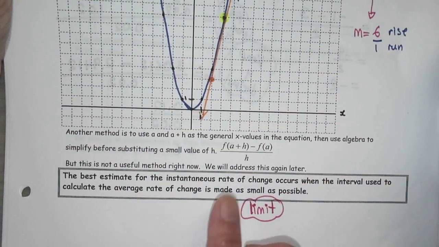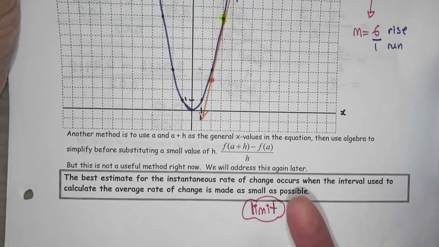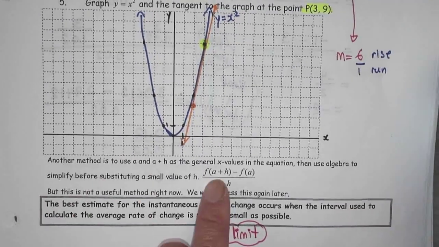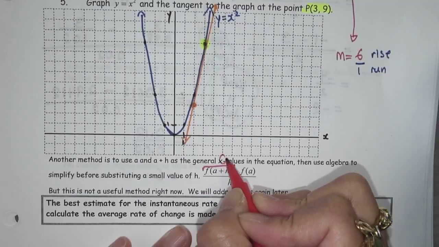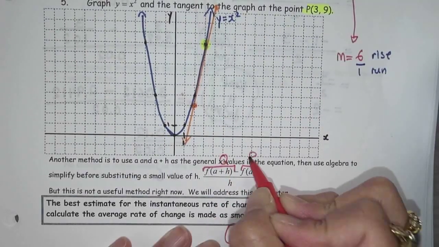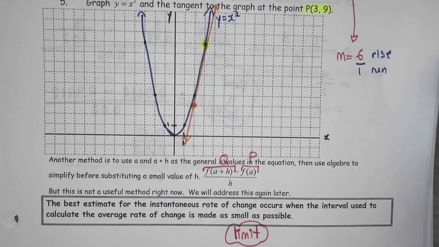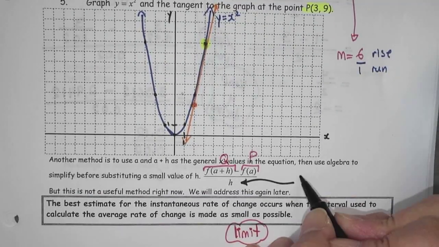And then here at the bottom of the page, I said, well, we started to look at what happens if I develop a formula for this, right? So with this formula, this one here is like your Q, and this is like your P. So we're finding the difference between the P and the Q over, and then this difference here, the way that we got this H, let me just point this out, it's x2 minus x1,